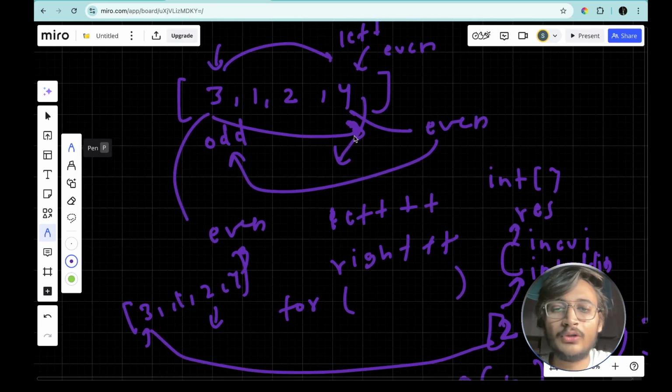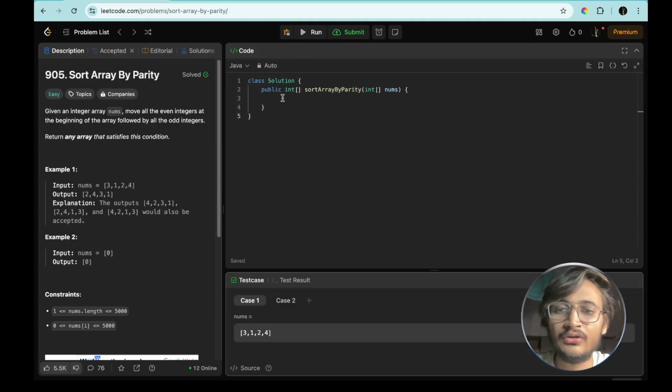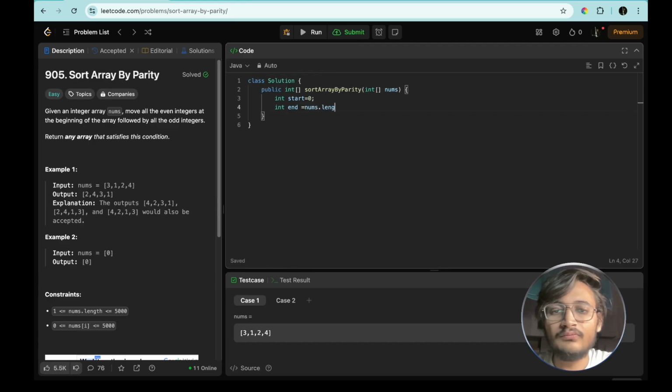So the best approach is going to be this two pointer approach. So let's solve this. First we have to make two pointers. Let's make int start equals 0 and int end equals nums.length minus 1. Now we have to do the same thing. So while start is less than or equal to end, what we have to do,